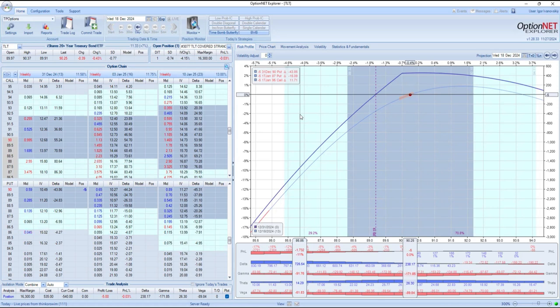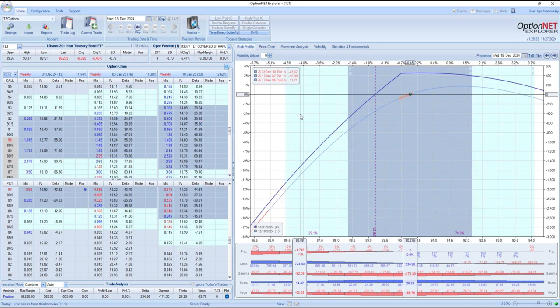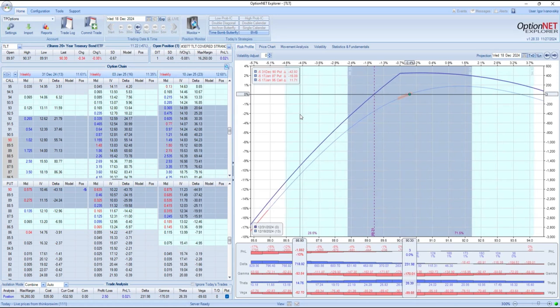There's some data out there suggesting that 56 to 45 DTE is the window where it makes the most sense. I think it's 30 to 45, but it doesn't matter, right? You can sell something 2 years out, but the decay of that premium is going to be so slow that, in my opinion, it doesn't make sense to go too far out in time as far as your short